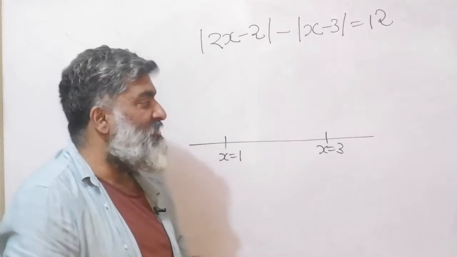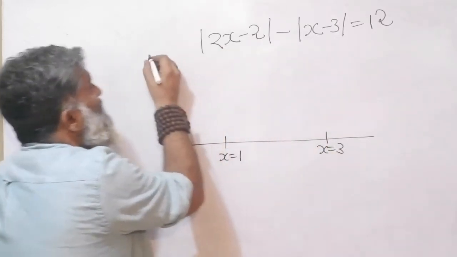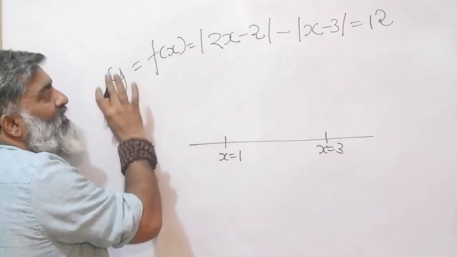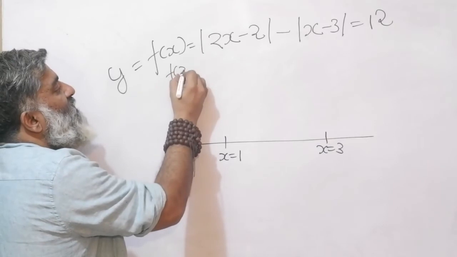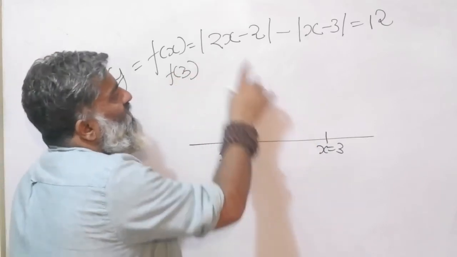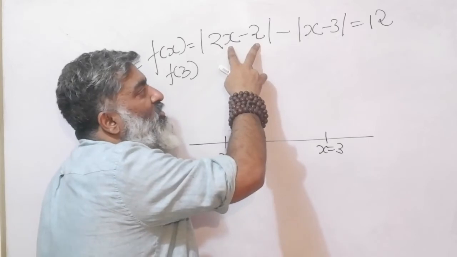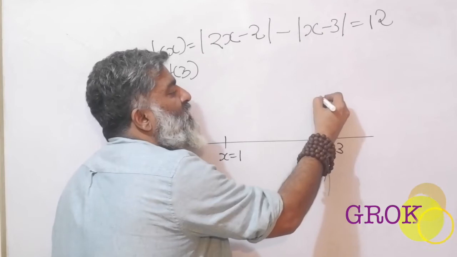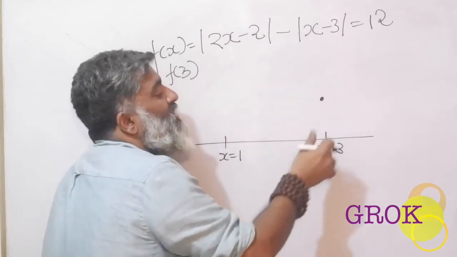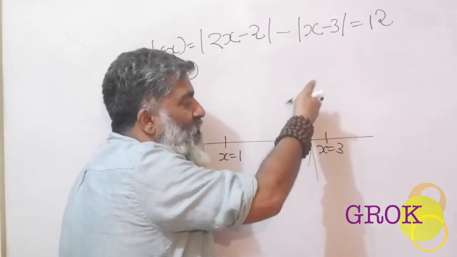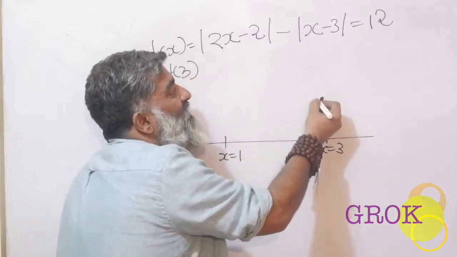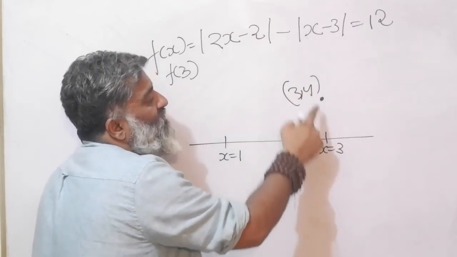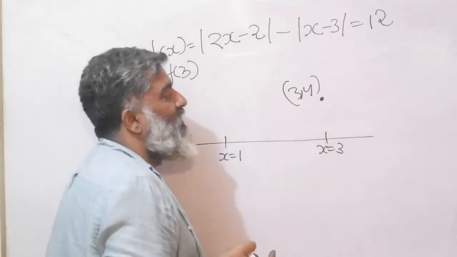What is the next task? Put 3 in the function. That means this is a function. Remind yourself of fx also. This is equal to y, however you want to look at it. And you're thinking of finding the value of function of 3. Put it here. 2 3s are 6 minus 2 will give you a 4. 3 minus 3 will give you a 0. So 4 minus 0, overall value 4. Theoretically, just plot the point on the graph or generally on a piece of paper, and this location is going to be 3, 4. What is 3? The coordinate of x. What is 4? The value of y, right, that you have calculated.